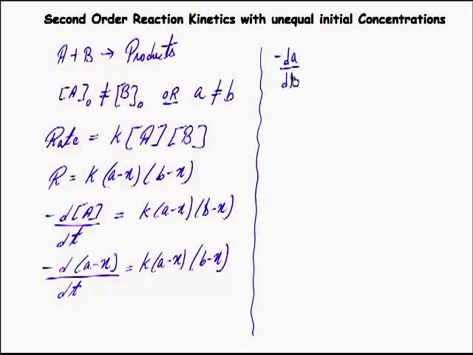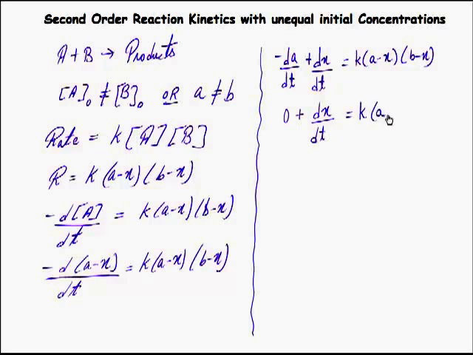So it will become minus dA by dt plus dx by dt, and that is equal to K times A minus X into B minus X. Now dA by dt is 0, so we'll get dx by dt is equal to K times A minus X into B minus X. So we can rearrange and write this as K times dt